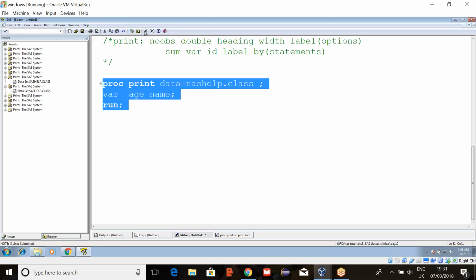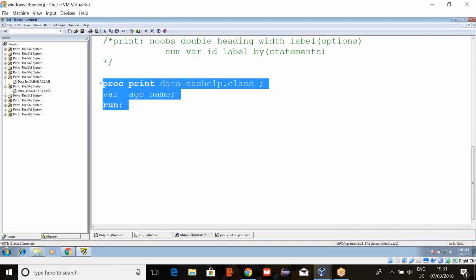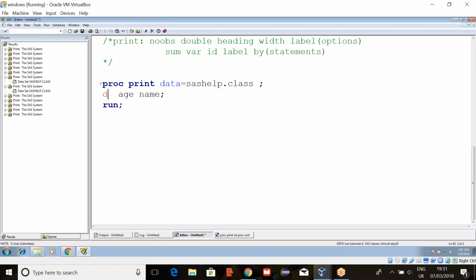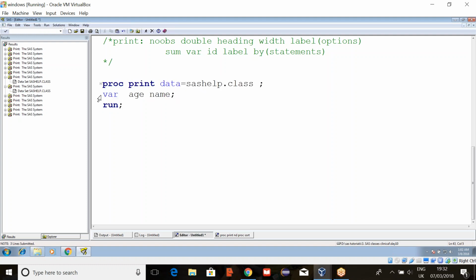Now here age and name it is keeping. Can you observe the color here? Because this is only for a data step, not for a proc step. So everyone clear? Sum and var?